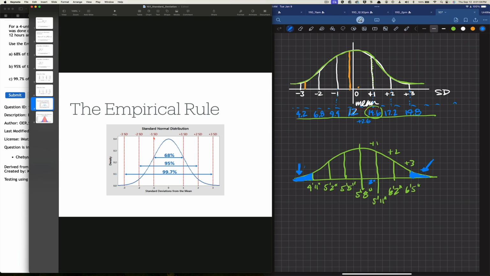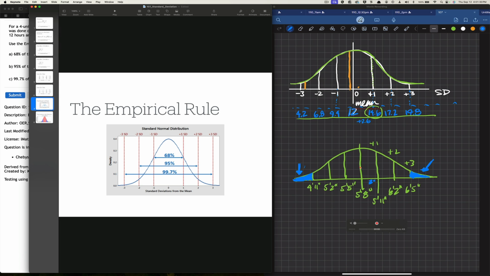Between -1 standard deviation and +1 standard deviation is 68% of the data. Almost 70% of the human males in the United States are between 5'5" and 5'11". Again, those are not real numbers. I made them up, pulled them out of my butt right now. So it's not really those numbers, but